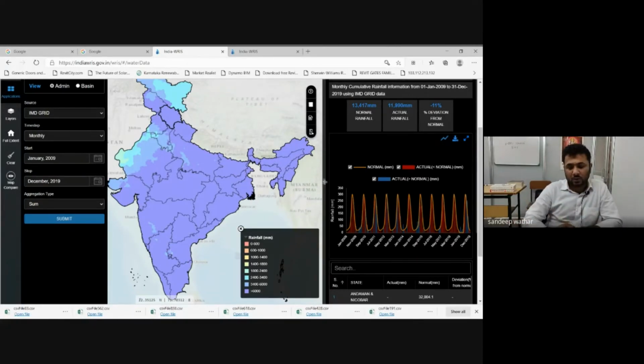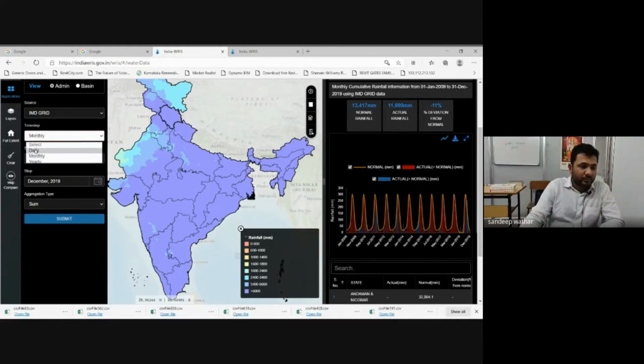So this is how we can find out, or we can understand the data. Now, from this, what you need to understand is how data is represented and how data is collected. Data is collected basically daily. Every day, the data is collected. So that daily rainfall can be converted into monthly rainfall, or it can be converted into yearly rainfall.